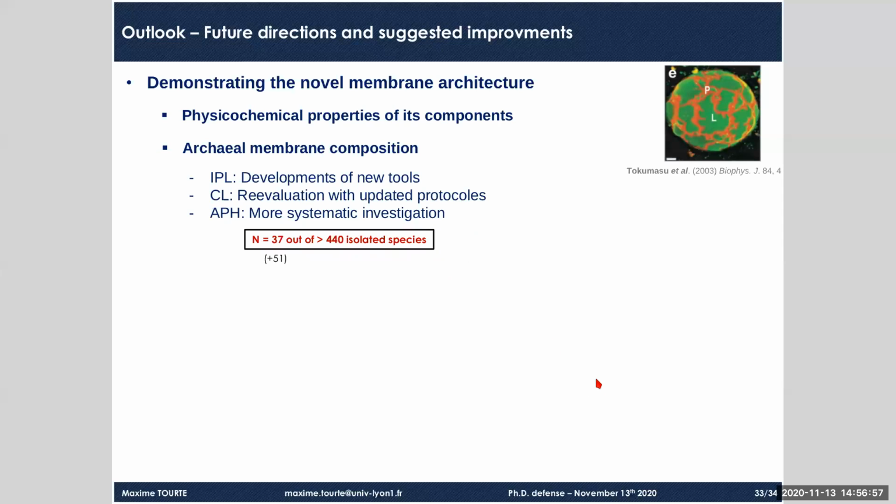We also started to improve the characterization of apolar polyisoprenoids in Archaea, but the data remain very limited. And so analyzing these very interesting compounds in a more systematic way could give us some information on their adaptive function or